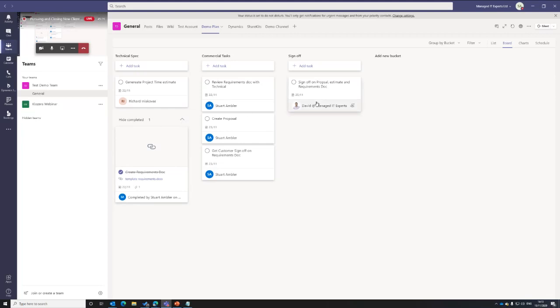I've got my tasks in terms of I need to review the requirements document. I need to create the proposal, and I need to get the customer to sign off on the requirements document to make sure they're happy that all that's there and all that information is correct before I actually create the proposal. And then finally, the MD, he's got the task of having to sign off on the proposal, the estimate, and the requirements to make sure that everything's okay and have that almost third-party glance over everything, because when you're doing these things, you can get too close, you might miss simple details. So it's good having someone just come in and have a quick glance over it, make sure it's all okay before that then gets sent out.